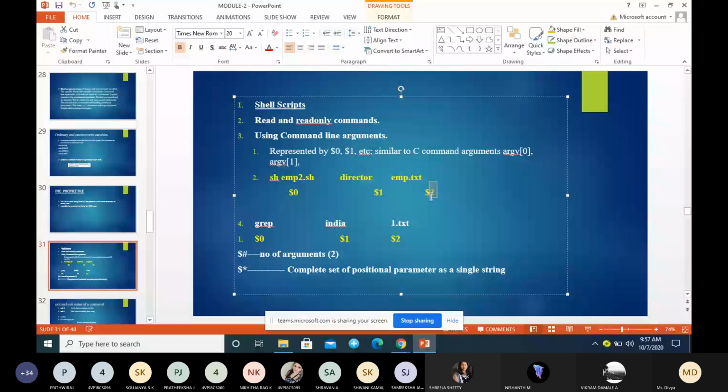Is it clear? So we go by the number: $1 means first argument, $2 means second argument, $0 means name of the file or name of the command.